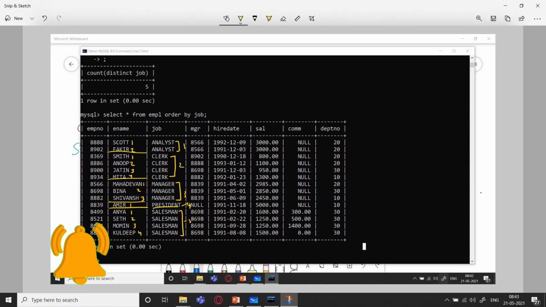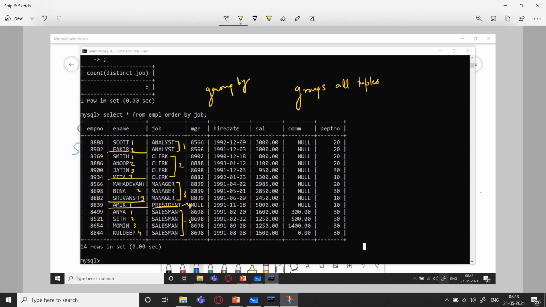So the number of records within each group will be counted because we have used the group by clause. This group by clause groups all tuples based on a certain field.